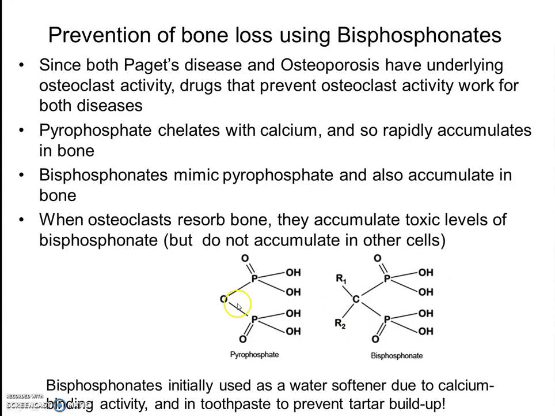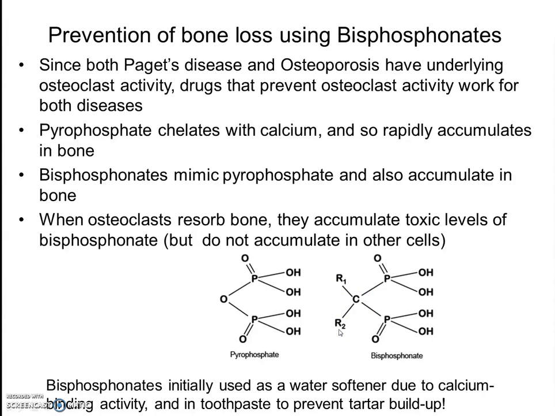So the chemical structure is an oxygen, phosphorus, oxygens, OH groups. In the bisphosphonate you've got carbon, you've got these two R groups, and these are just chemical groups. Different bisphosphonates have different R groups. It can be a long chain of carbons, it can be a phenol type group, and it's got the same phosphate type bit here. So when an osteoclast ingests this, on these R groups are chemical groups which are toxic